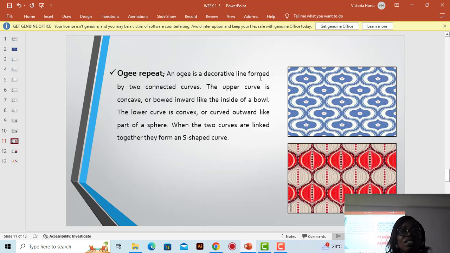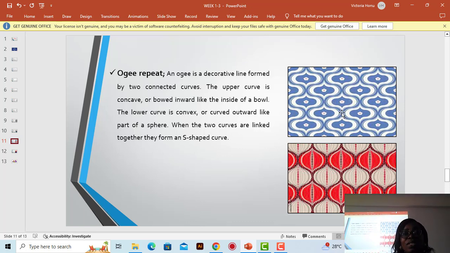So it is a decorative line formed by two connected curves, as we can see. The upper curve is concave. If something is concave, how does it look? Concave is like this, convex is the other way. It is bowed inward, like the inside of a bowl. And the lower curve is convex. So we have concave and convex. When they come together, they form something like a circle, depending on how it is shaped. When two curves are linked together, they form an S-shaped curve. So that is the technique that has been used to develop the Ogee